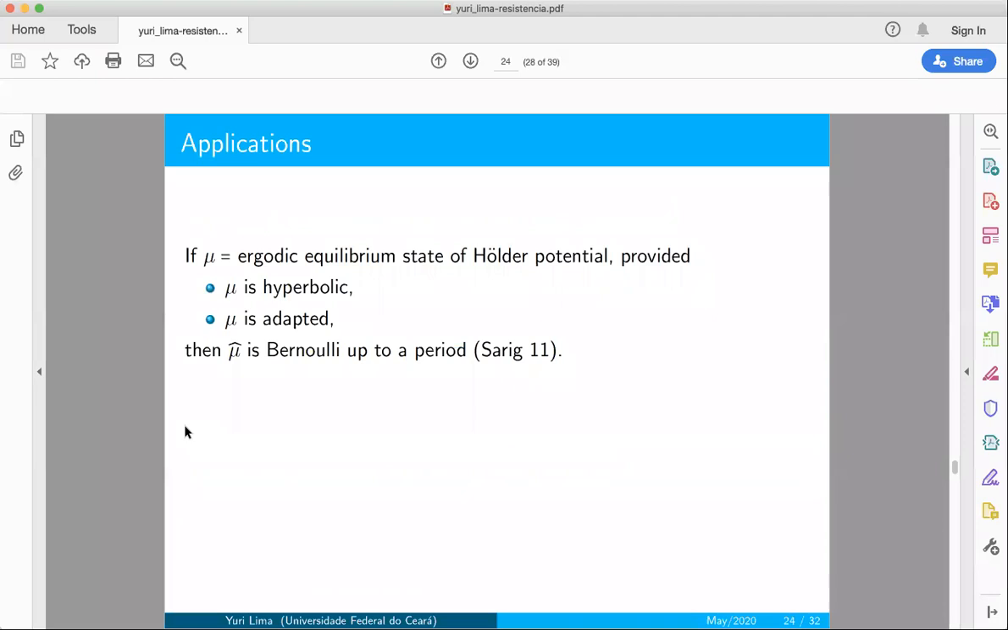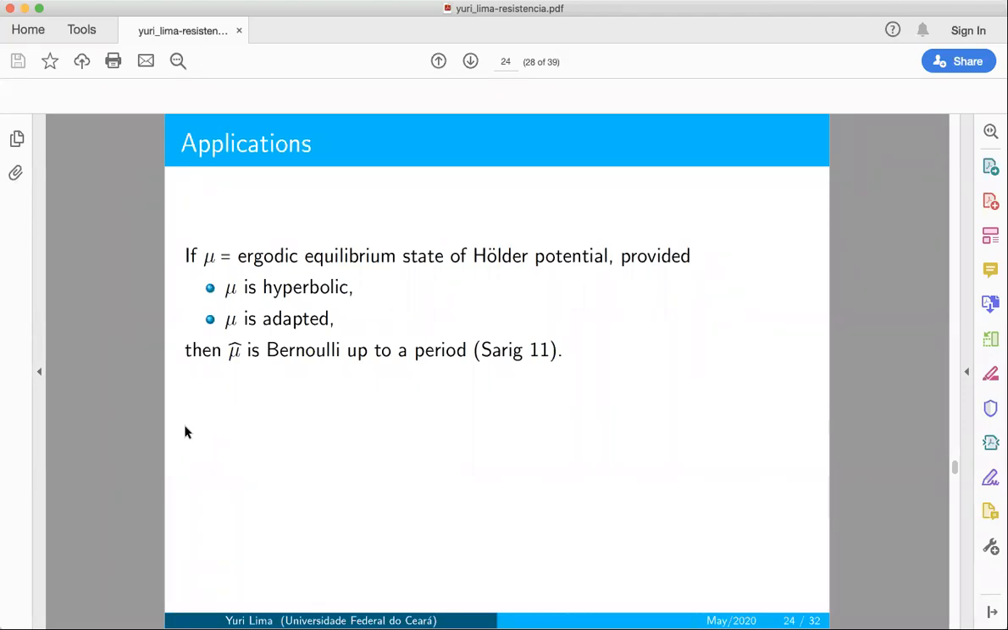And this is actually related to the next slide. So basically, most of our applications of these results are in the following way. If you get an ergodic equilibrium state of a Holder potential, then, and here is the drawback of the results, the results do not give conditions to prove hyperbolicity, or they do not give conditions to prove adaptedness. But if someone comes to me and says, I know that this measure is hyperbolic, and I know that this